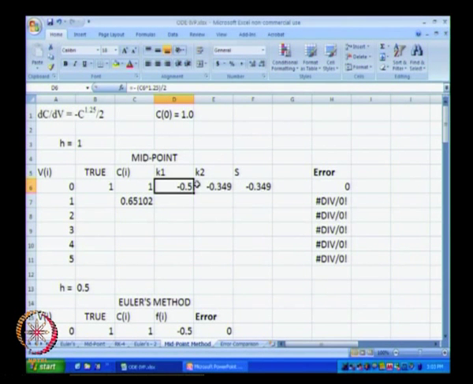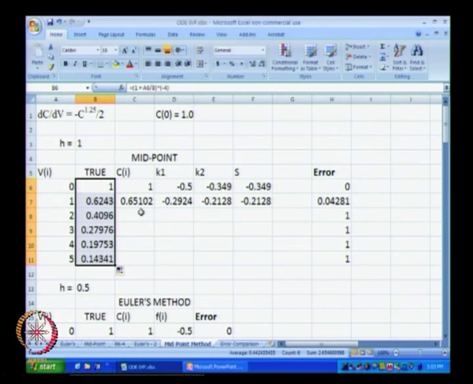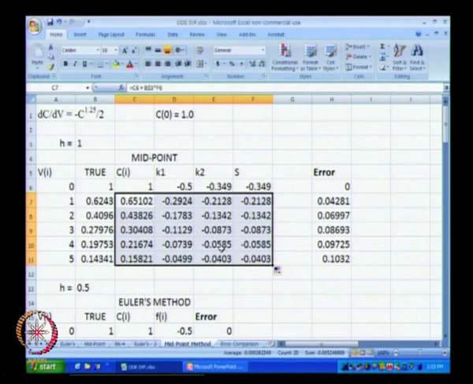Okay. So, I will again drag this down over here, drag my K2 down and drag my S down. The true value that we have, I will just drag this all throughout. Okay. And now what we need to do, as we have been doing throughout the various modules in this particular lecture, is highlight this entire row and drag it until the value of V reaches 5.